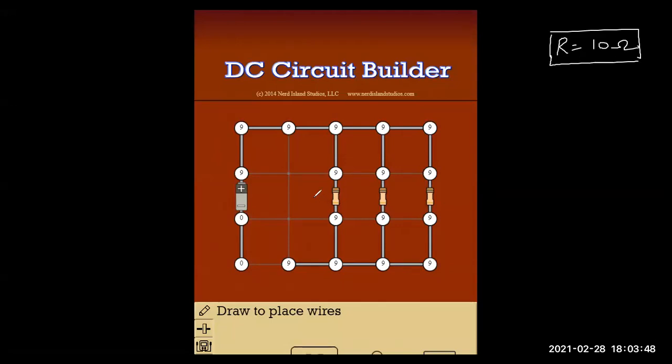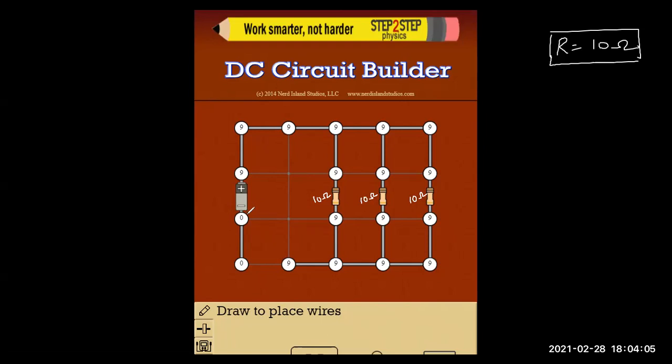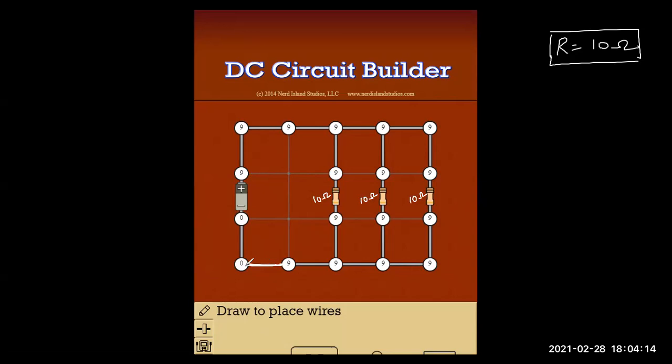That means the value of this is 10 ohms, the value of this is 10 ohms, and the value of this is also 10 ohms. And as we discussed in our previous sessions, current always flows from a high potential point to a low potential point. So how will current flow in this circuit? You can see 9 is written over here, 0 is here. If I make this circuit also like this, current will flow from 9 to 0 like that. I'll make it and show you how the current is flowing.